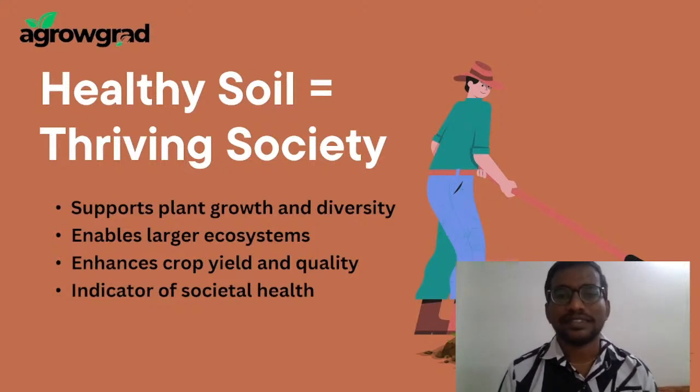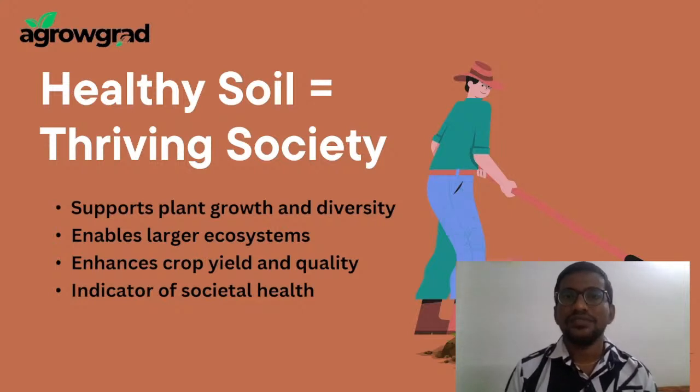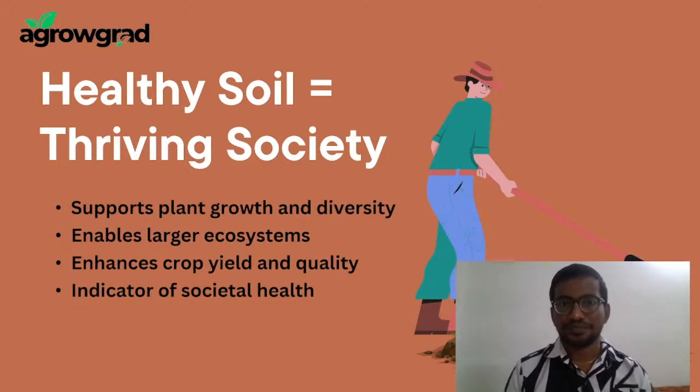So, healthy soil, living society. Why this term? If soil is healthy, we can get food in the long term. In case soil is degraded and has no fertility, think about the living conditions then. Our world without food, will there be any harmony? No. Definitely a war will be there. So only if the soil is healthy can our world live in peace. Otherwise, there will be a lot of problems. That is why we should focus on the soil and maintain its fertility.